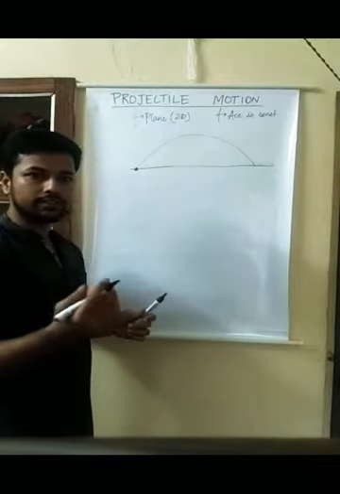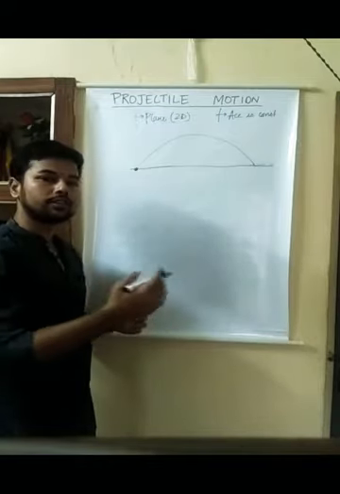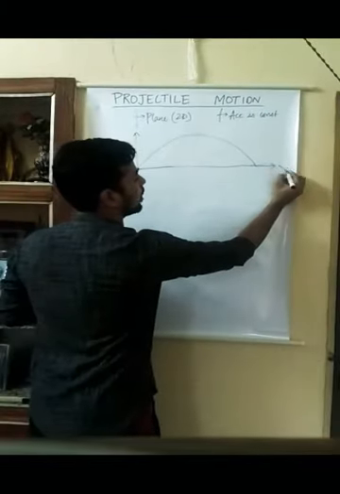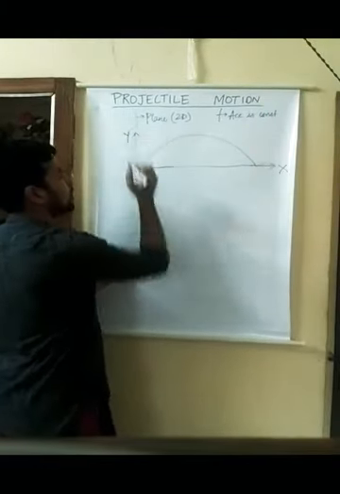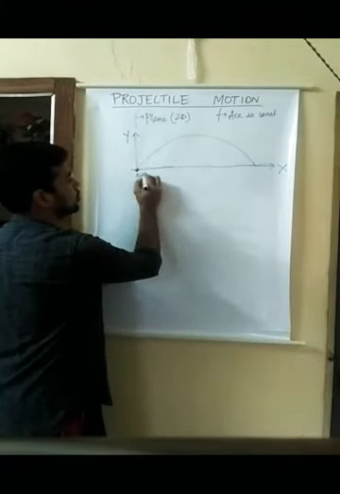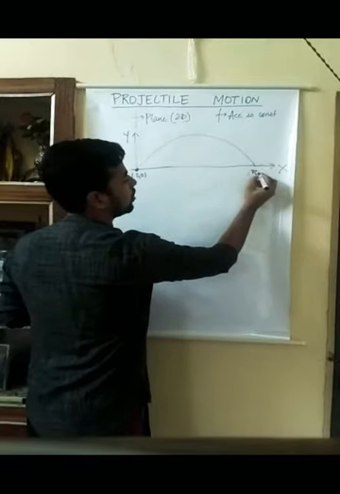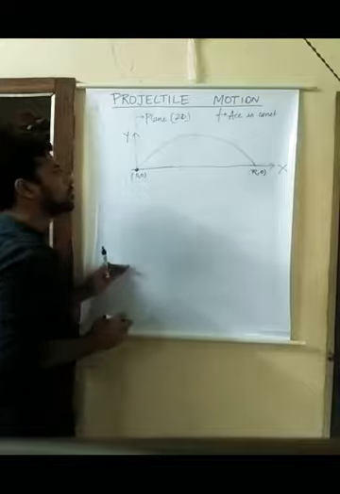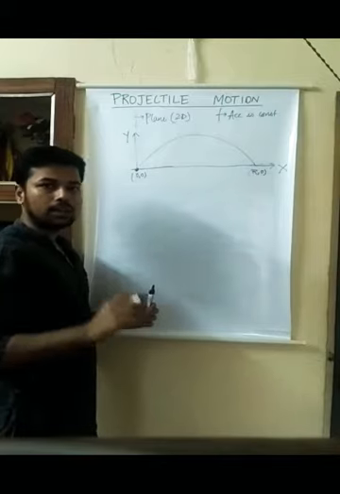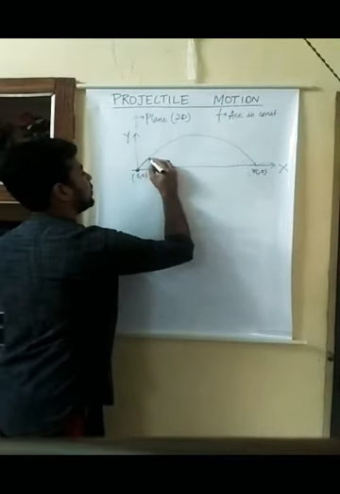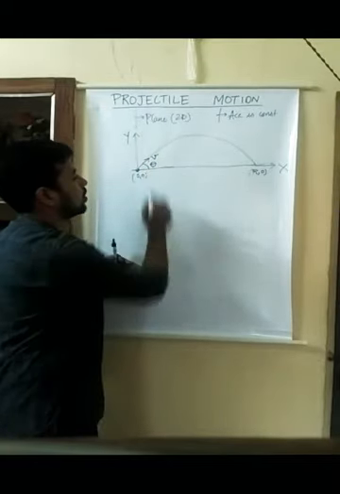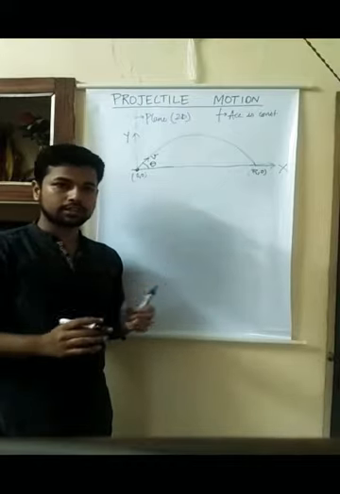Since it's 2D motion, let's make a coordinate axis and try to understand this mathematically. Let the horizontal axis be x and the vertical axis be y, and let's have this as origin (0, 0) and this as some coordinate (R, 0). In this system we have a projectile at the origin. It was thrown with an initial velocity v at an angle theta. This theta is known as the angle of projection.